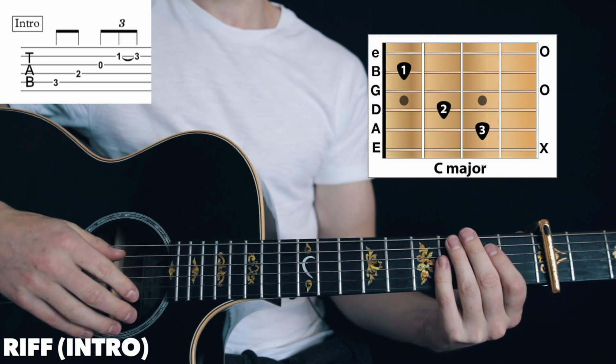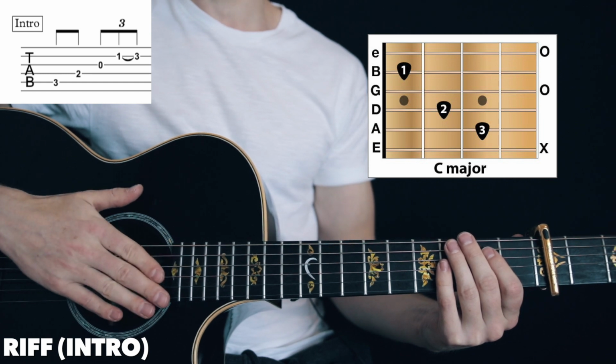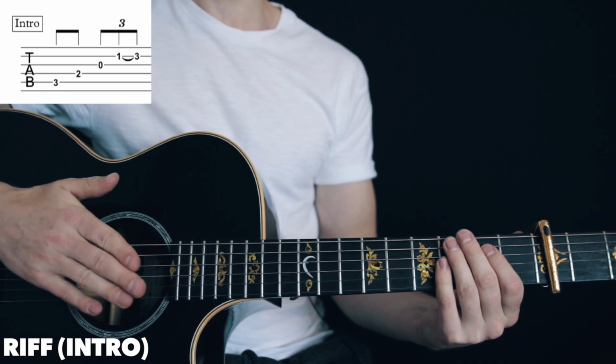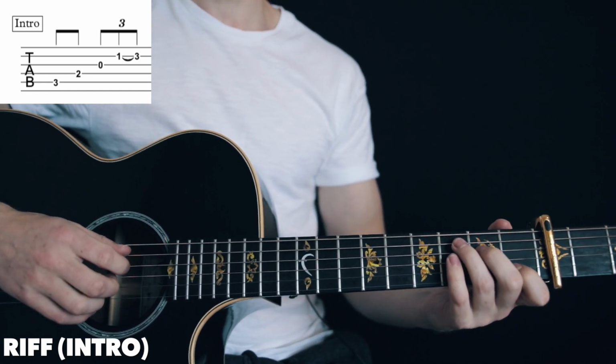Okay, remember this is a swung song, so it goes da da da da da da da da da da da. Okay, it's not a straight song. It doesn't go da da da da da da. It's bouncy. Just bear that in mind. All right. With this start part,